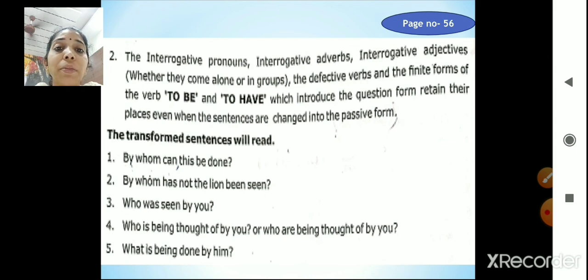All right, I hope this part is clear, students. And the transformation of sentences based on this rule, the application of this rule, we will learn in the next lecture. I hope this model is clear with you, and I'm sure you're going to prepare this model and be ready to solve the activity that we will do in the coming lecture.